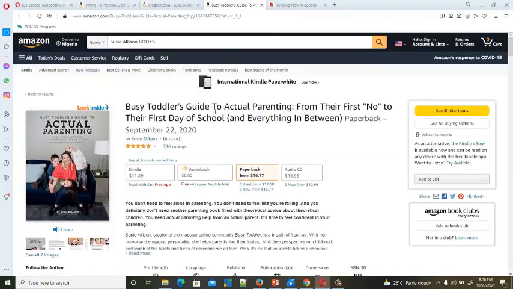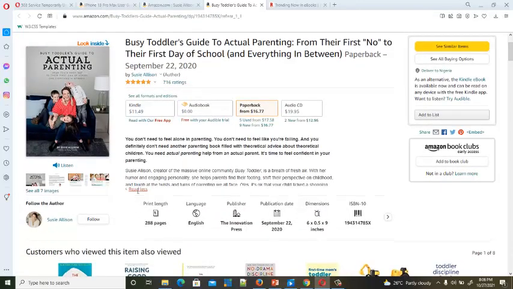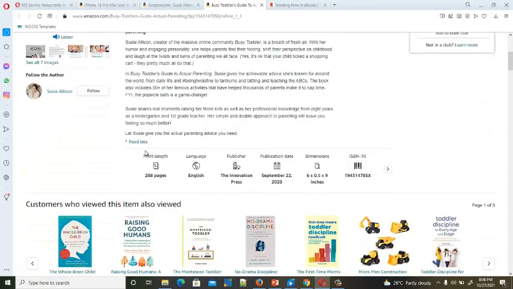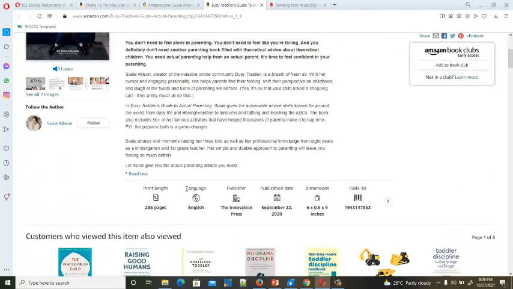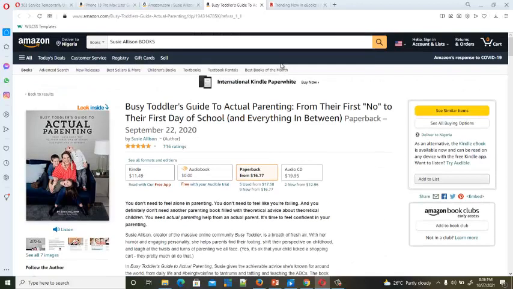So when you come here, you can see read more. You'll be able to view how he's doing his business. You can read through this. You don't need to feel alone in parenting. You don't need to feel like you are failing. You definitely don't need another parent's book. So you read everything. But to know what this entails and you want to build your content alike with the same thing he has written,